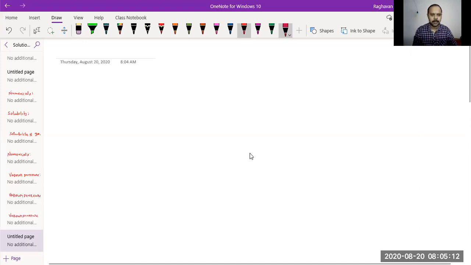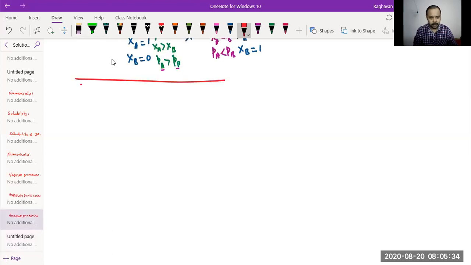Now we'll take up something else. Before that, based on Raoult's law, whatever equation we have taken, I'll go back to the previous page. See, based on Raoult's law, for binary solutions, we have given this equation, right?